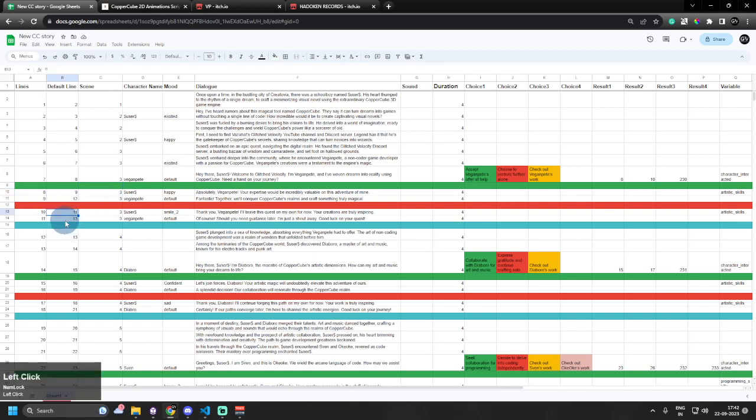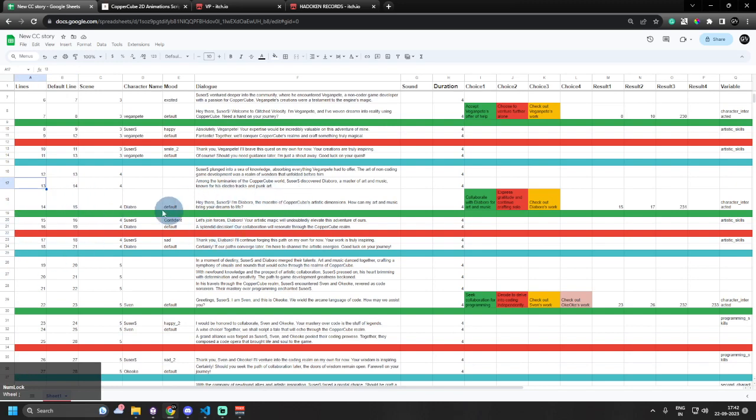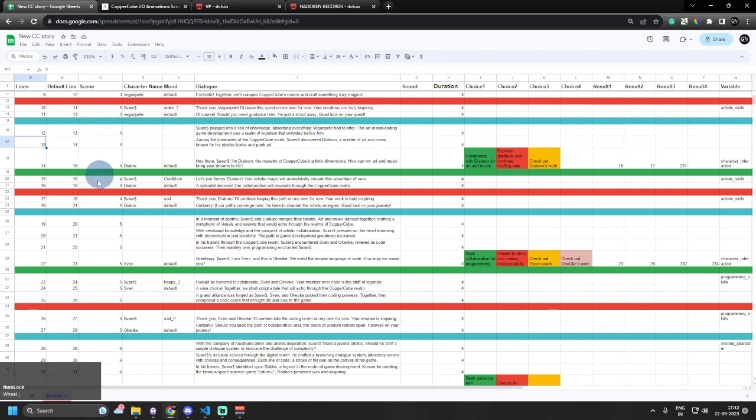So after selecting the red, instead of continuing the story from the 12th line or dialogue, I'm continuing the story from the 13th dialogue or 13th line. Then the same goes for the Diabro. It was for Vegan Pete, and then we have the Diabro user. We have these three choices. If the user selects the first choice, then we will respond with these two lines. If the user selects the second choice, then we will respond with these two lines for the